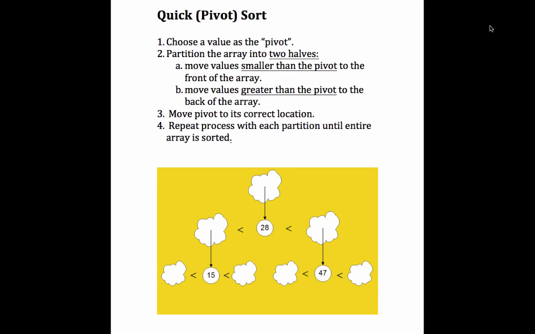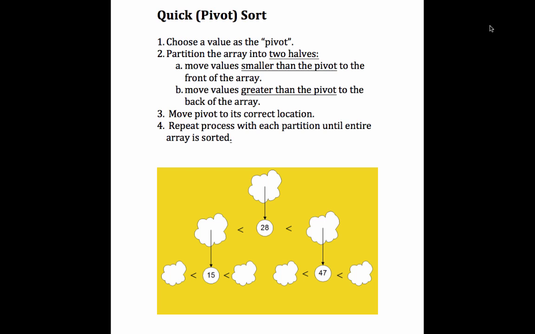Hi, in this video we're gonna discuss another one of those divide and conquer sorting techniques called quick or pivot sort. This technique is similar to merge sort in the sense that we're going to divide the original collection of values in half and then proceed to sort each half. So it's a recursive method very similar to merge sort, in which we divide the collections in half as much as we can, and then we merge the values,